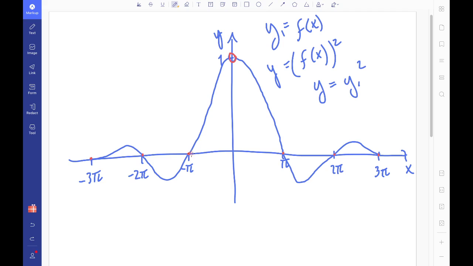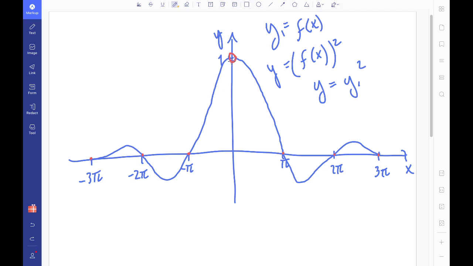So at 1 and at 0, we said, yeah, it stays the same. But everywhere else on this curve, we have a value that's between, well, actually, let's use minus pi to pi first. Just talk about where it's positive. We have a value that's actually between 1 and 0 in this range, between minus pi and pi. So whenever you square a number that's between 1 and 0, you actually get a smaller number. Think about a half. A half squared is a quarter. A third squared is a ninth. So you've got this idea that